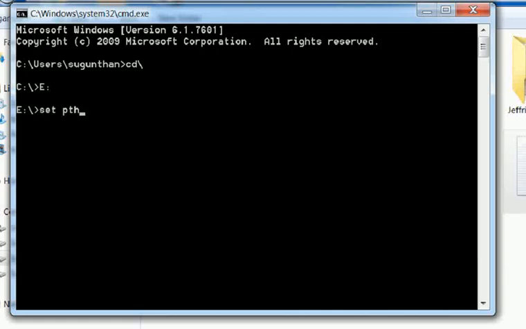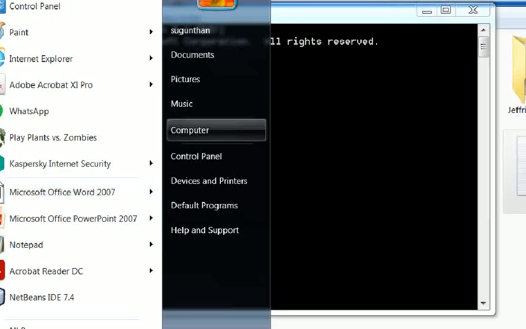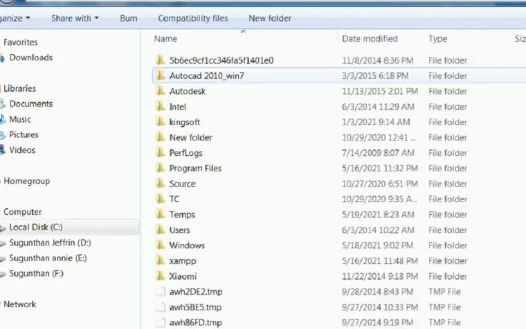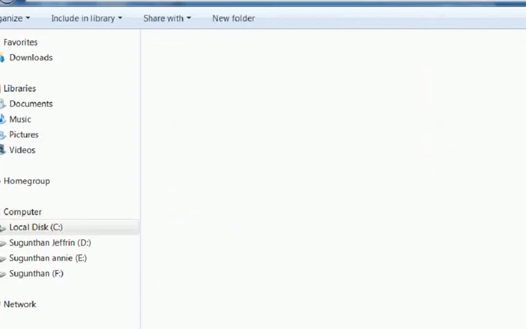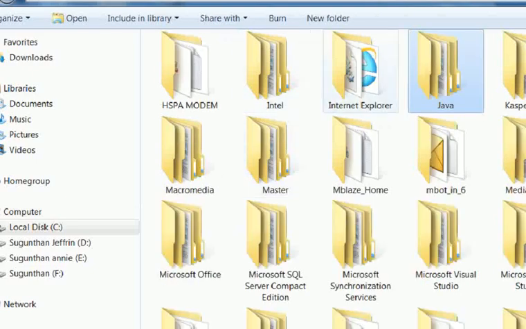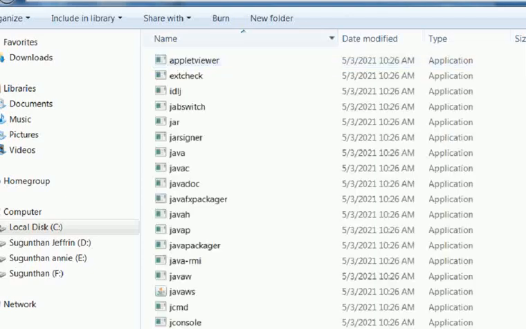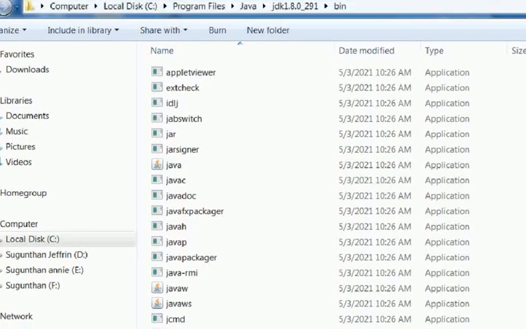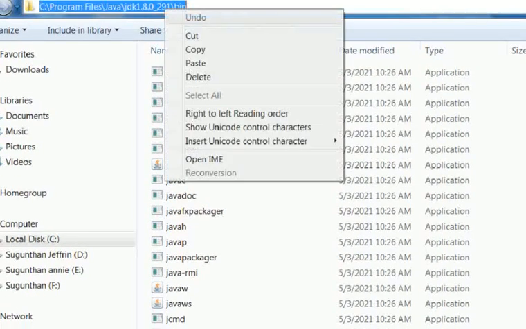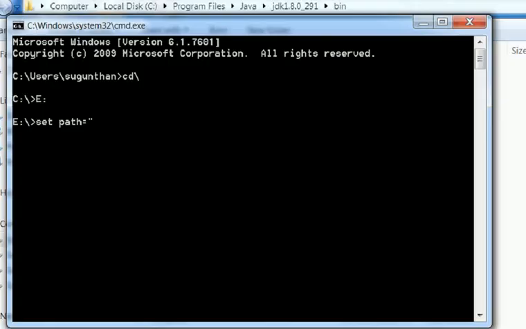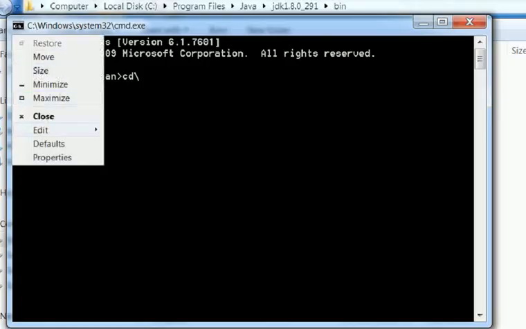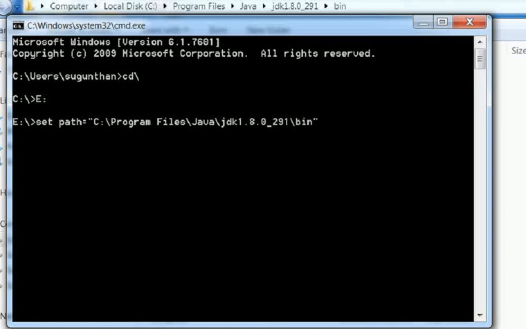Set path equal to double quotes, my computer, C colon, program files, Java, JDK bin. Then copy this path, then paste it here. Then close the double quotes. Enter. The path is set.